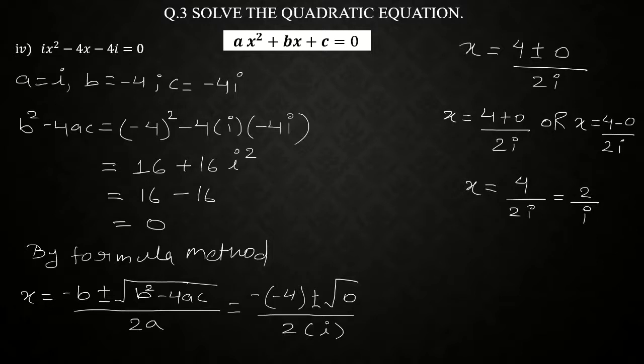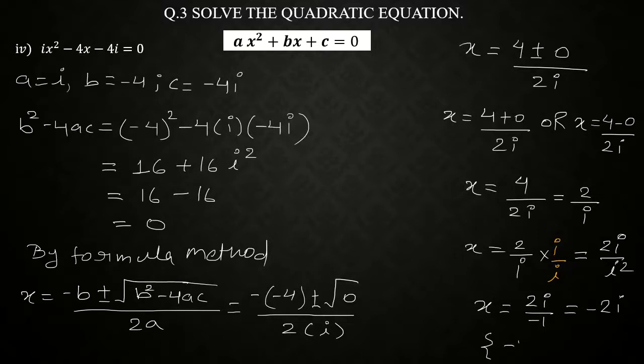Now we have to remove this i from the denominator. So in the next step, what we do, we write down 2 divided by i, and in the numerator and denominator we multiply by i, like we are doing in 10th standard and 9th standard, rationalization, same concept. So in the denominator we get i square, and the value of i square we all know is minus 1. So the overall answer is 2i whole divided by minus 1, which gives you minus 2i. And here both the answers are the same. So the final answer we will write is minus 2i comma minus 2i, because a quadratic equation always has two answers.